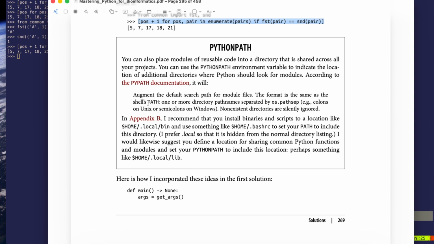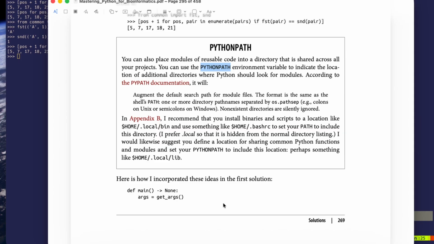And so there's an additional one for Python called PYTHONPATH. It works exactly the same. It's just a list of directories where Python will look for modules. So when you say import some module, if you do a pip install, it goes into these standard directories where Python knows to look. Well, a lot of times you don't have access to write to those directories, and so